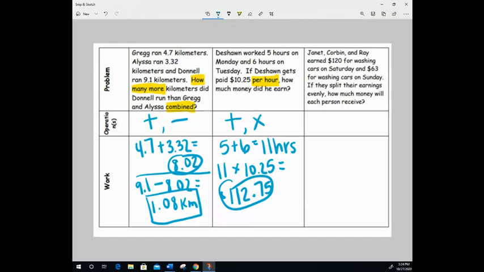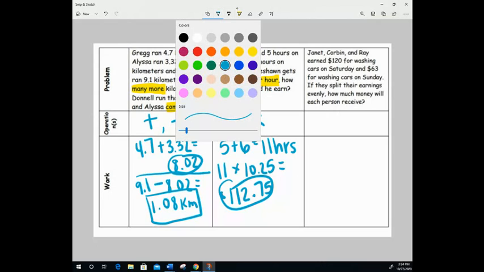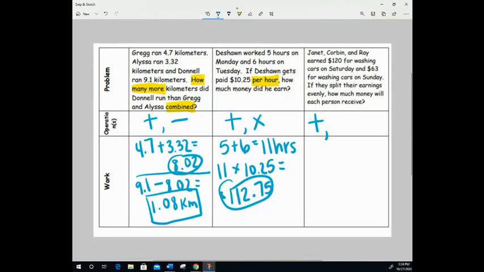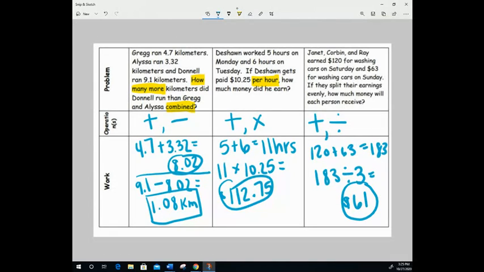$112.75. For the last problem, it says Janet, Corbin, and Ray earned $120 for washing cars on Saturday and $63 on Sunday. If they split their earnings evenly, how much money will each person receive? For this particular one, we're definitely going to want to add, and then we're going to divide. We're going to add the 120 and the 63. We get 183, and then we're going to take the 183 and divide that by the 3 people. Each person would be getting $61 because they're splitting their earnings. So we had to find the total amount